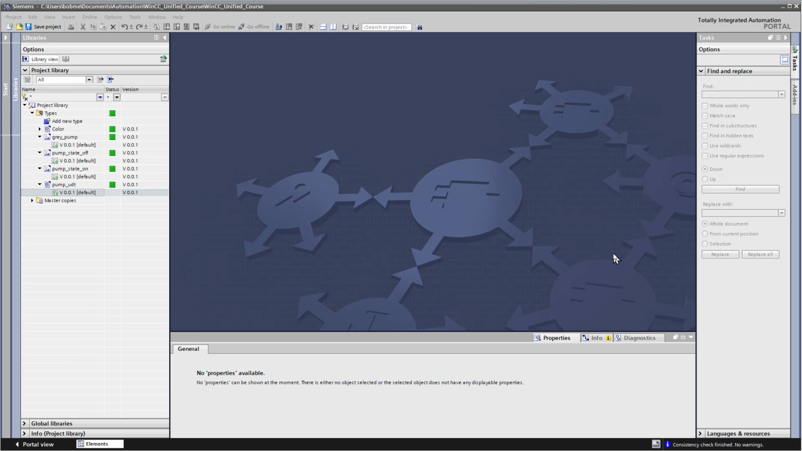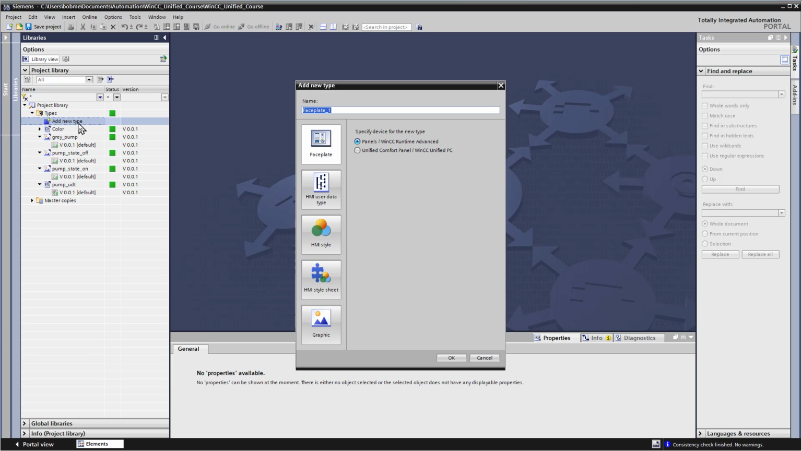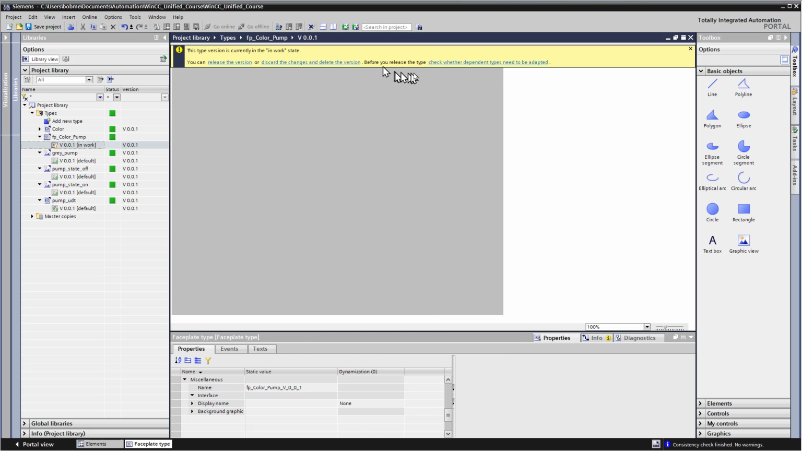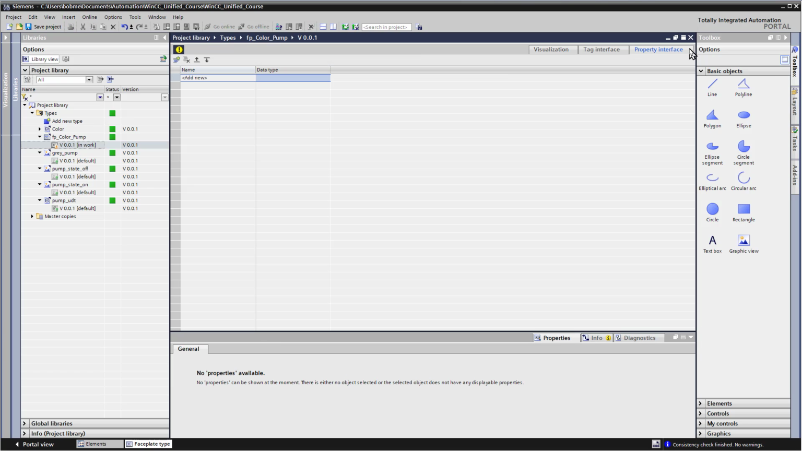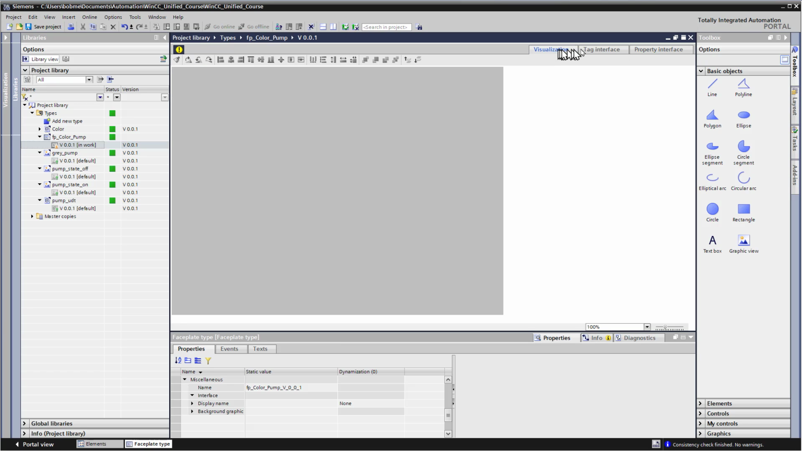So now that we have the graphics and our UDT in place, let's go ahead and create the faceplate itself. So we'll do add new type, and we'll do faceplate, and make sure you choose Unified Comfort Panel, and we'll just do FP for faceplate and just call this color pump and click OK. And we're going to get the same interface here. I'm just going to close this to get it out of the way, and when you do, it reveals these